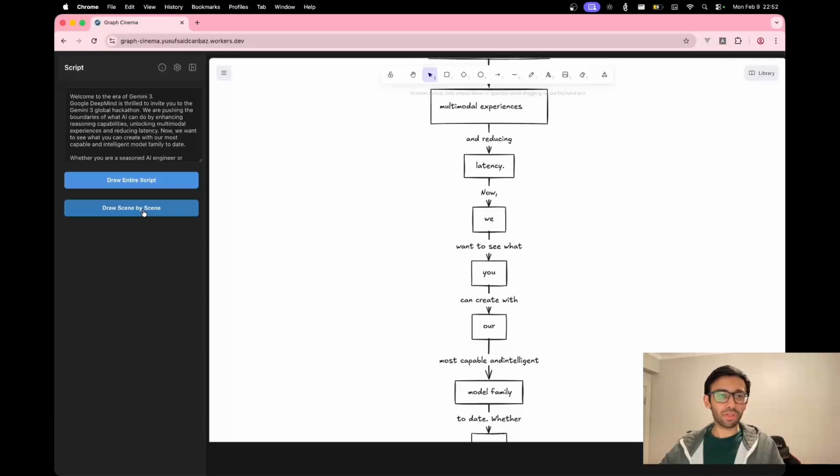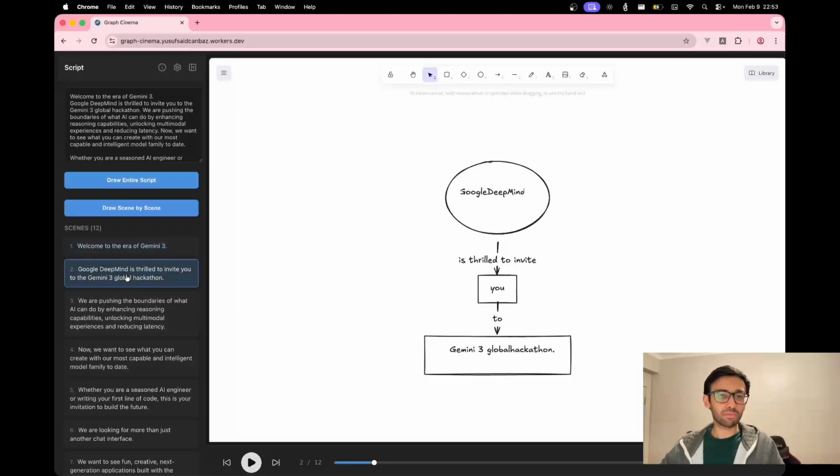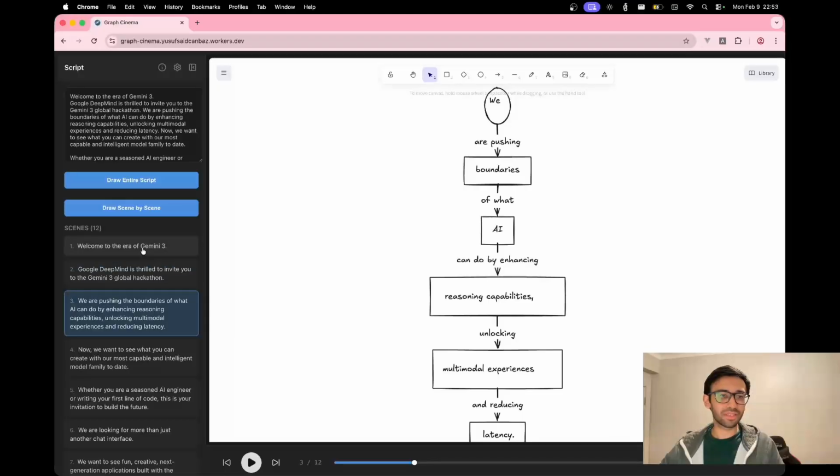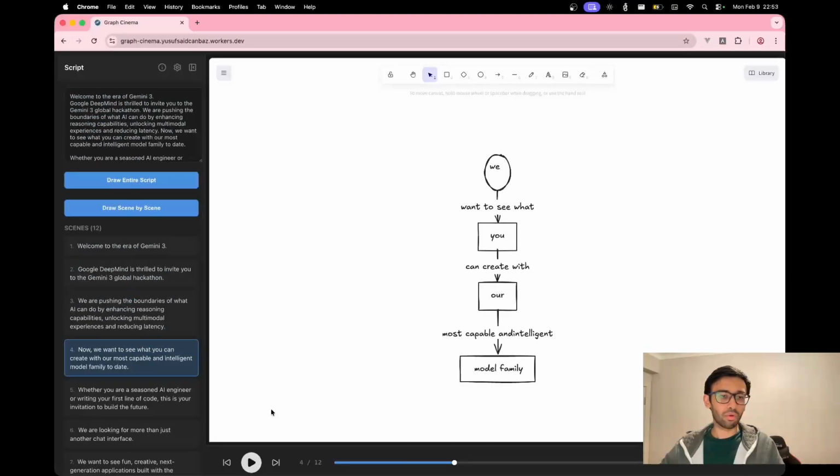This option will generate an Excalidraw diagram for each sentence in the text. So let's click on it and you can see that for each sentence in the text it will create a new Excalidraw diagram here. And you can go scene by scene by clicking on these scene texts as well, or you can also go